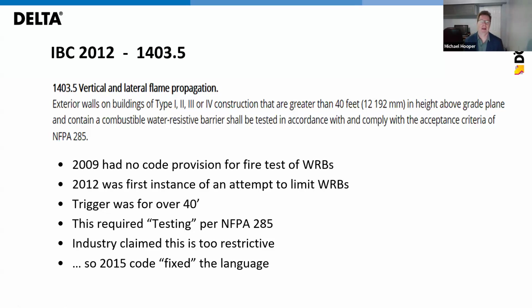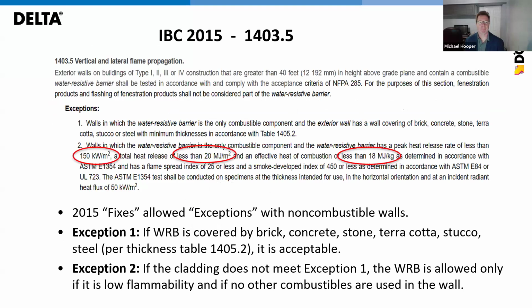So with all the pushback in the industry, they did make some changes to the language to accommodate weather resistive barriers in NFPA 285 assemblies. So the changes are, if the water resistive barrier is the only combustible material in the rest of the exterior wall assembly, no additional testing is required. Or if that weather resistive barrier has a peak heat release of 150 kilowatts per meter squared,